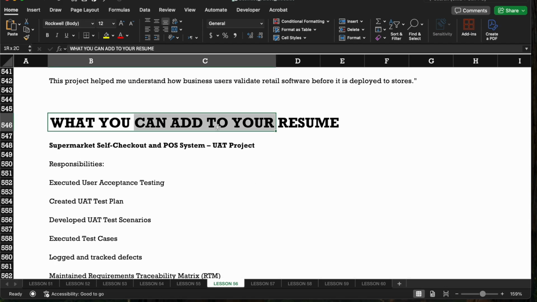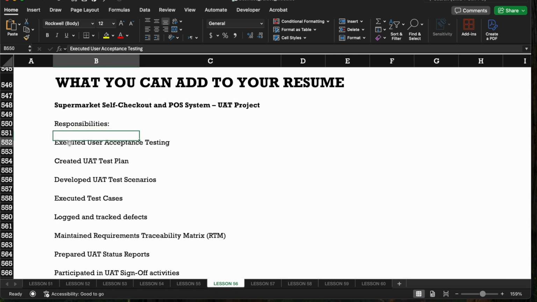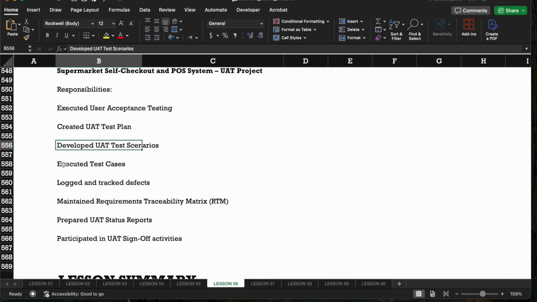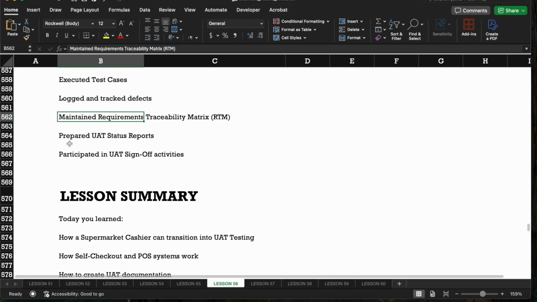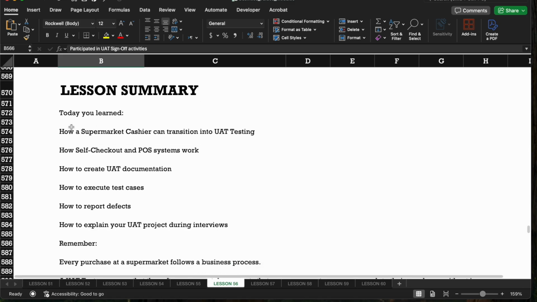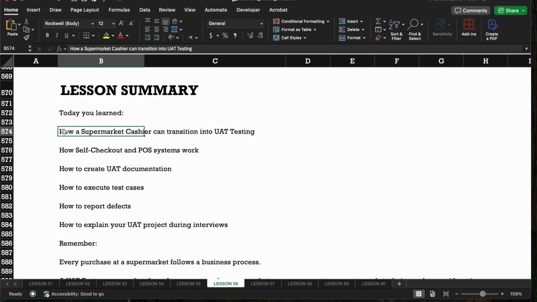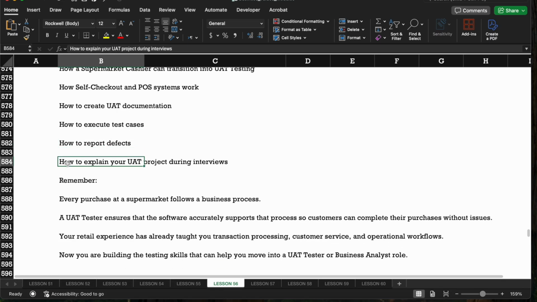So what you can add to your resume: supermarket self-checkout POS system UAT project. Responsibilities: executed user acceptance testing, created a UAT test plan and developed UAT test scenarios, executed test cases, logged and tracked defects, maintained requirements traceability matrix, prepared UAT status reports, participated in UAT sign-off activities. So lesson summary: today you learned how a supermarket cashier can transition into UAT testing, how self-checkout and POS systems work, how to create UAT documentation, how to execute test cases, how to report defects, how to explain your UAT